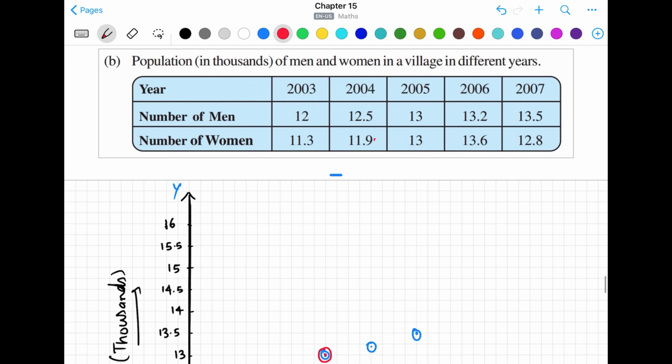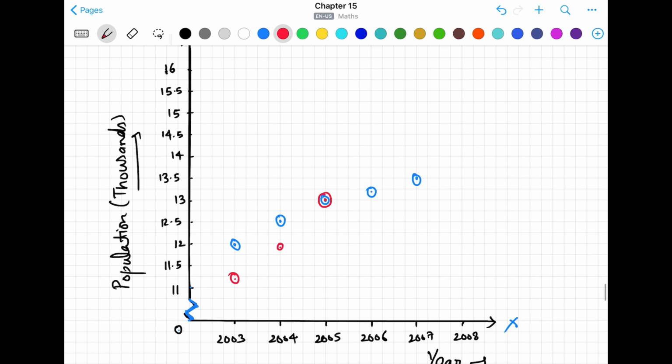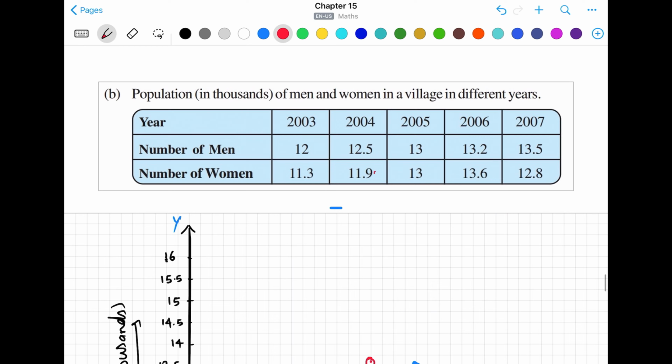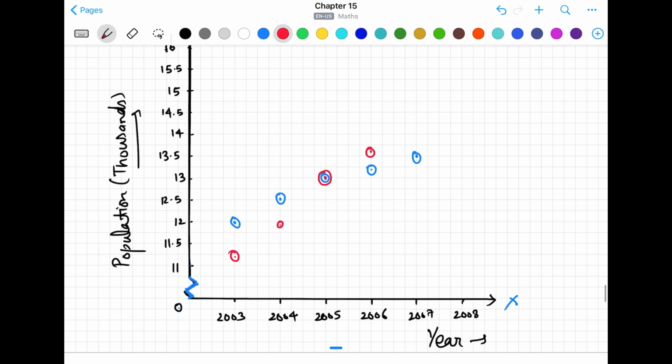Then in 2006 it becomes 13.6, that means slightly above 13.5, somewhere here. Then in 2007 it falls down to 12.8. Okay, so in 2007 it will be 12.8, that means below 13. Okay, now we have to join these by a